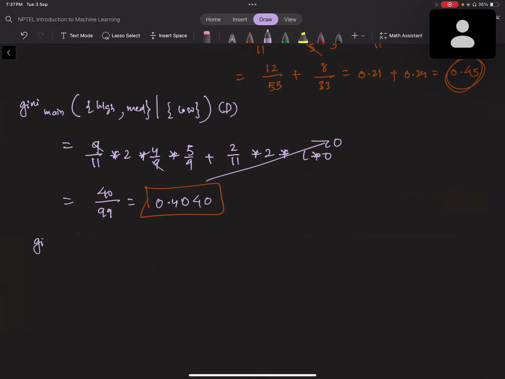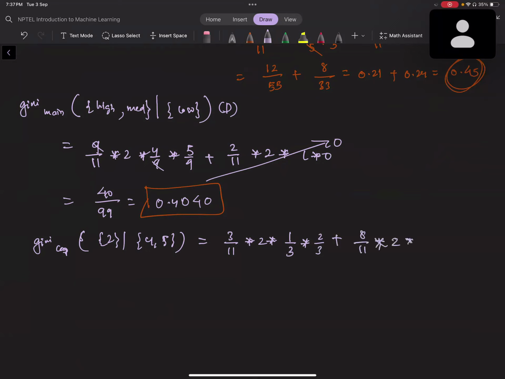So Gini of capacity 2 or 4.5 would be 3 by 11 times 2 times 1 by 3 times 2 by 3 plus 8 by 11